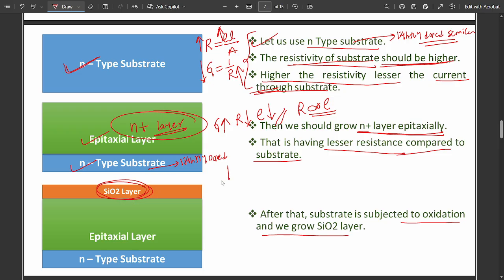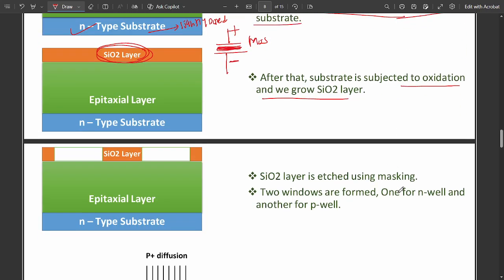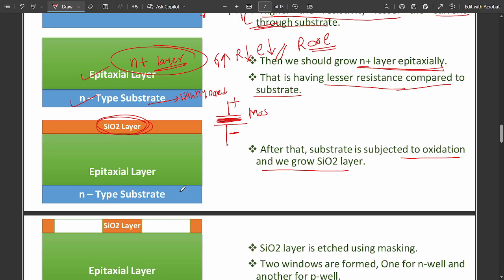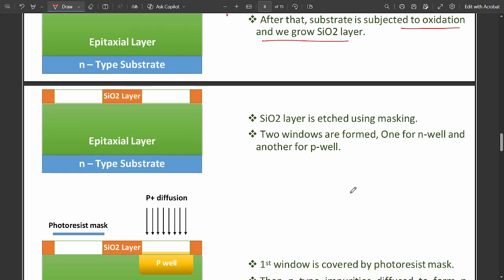If you take a capacitor, we already saw the MOS capacitor. So it is acting as a dielectric between two plates, two like charge carriers. Here you are applying positive voltage, and here the channel is due to electrons, that is negative. It is acting as a capacitor only. So here, you are growing the thick oxide for active regions. And next,